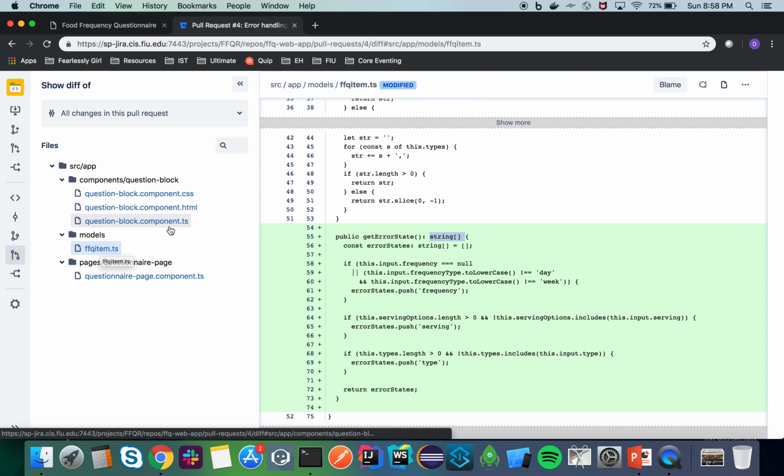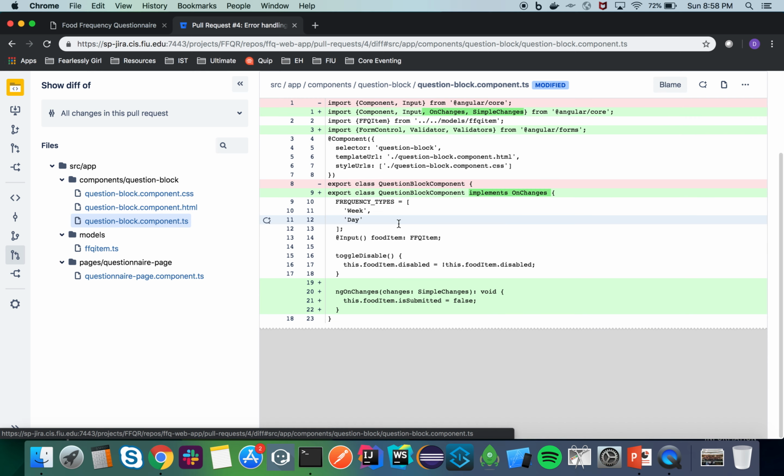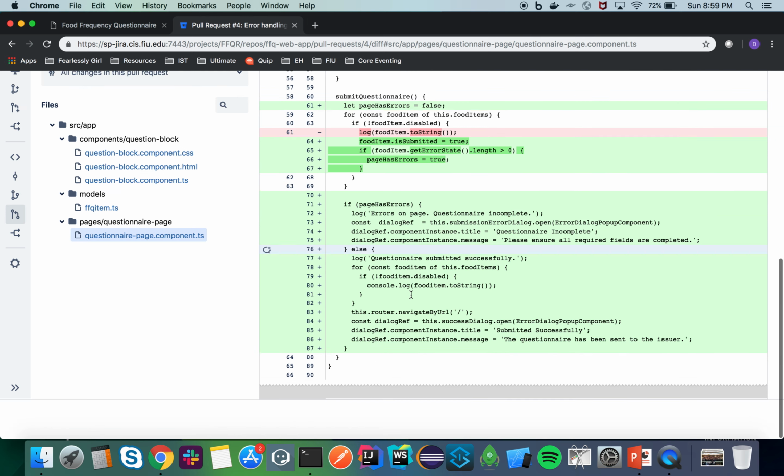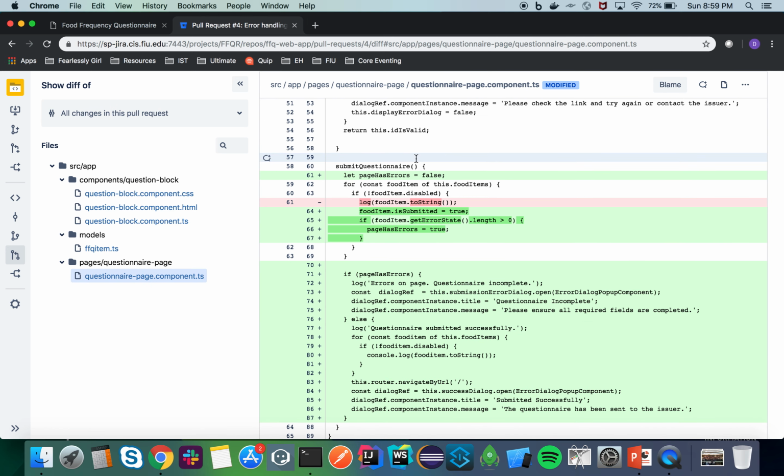And since we pass a food item to a question block component, it checks on changes. It'll toggle this new is submitted flag to false, and if it's true, which is set in the actual page component. So in the page, when we submit the questionnaire, it's going to loop through all the food items and set is submitted to true,